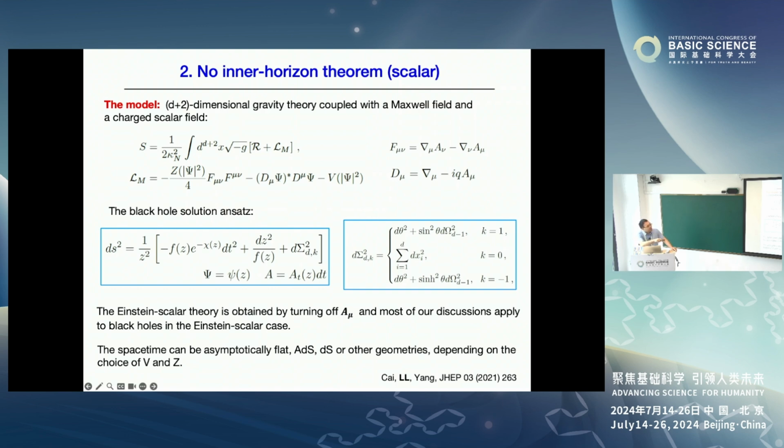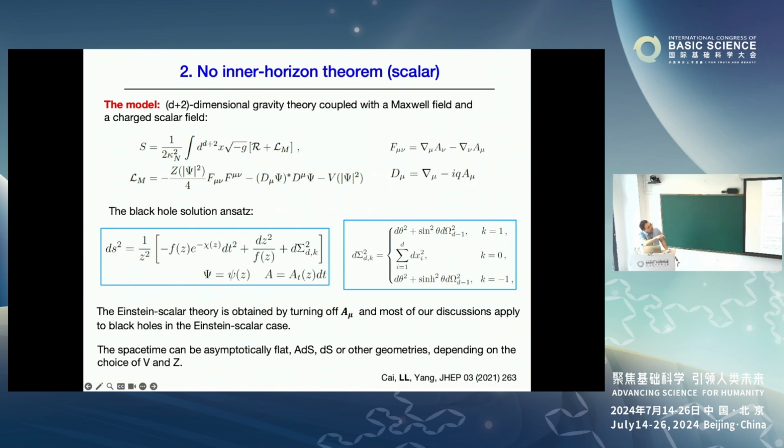Let's consider the black hole in this coordinate system. It is a black hole with high symmetry, which means its horizon can be spherical, planar, or hyperbolic. Here we have no constraints on the coupling Z and the potential V. In that sense, the topology of the black hole can be arbitrary, because there is no energy condition we use. We don't need any condition; we just consider a very general case. Here r is the radial coordinate, and psi is the scalar, which has electric charge. So this is this kind of black hole.